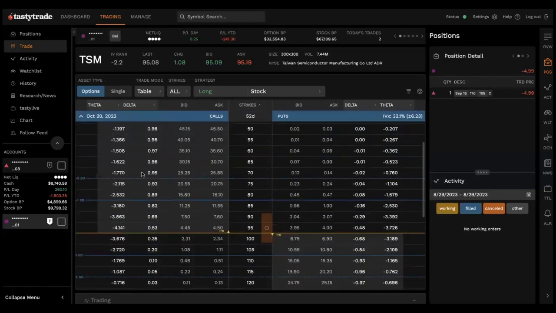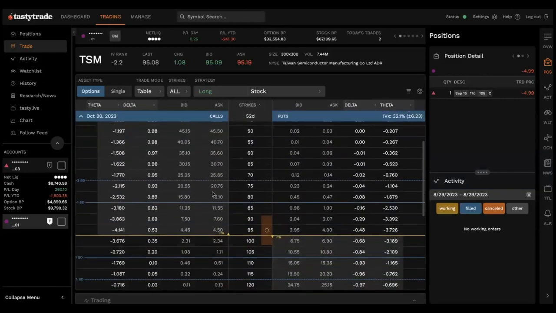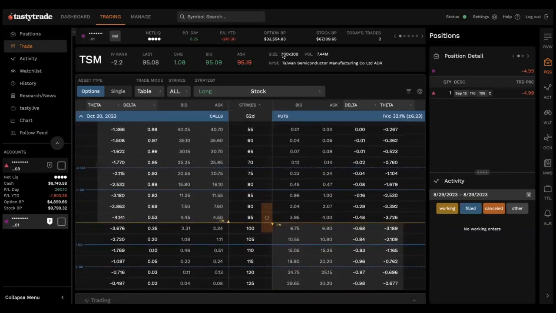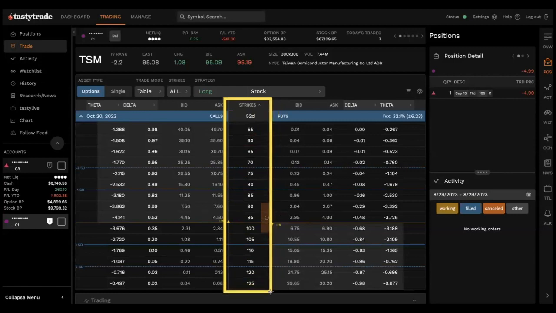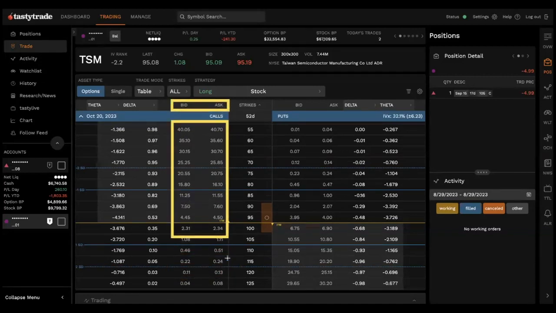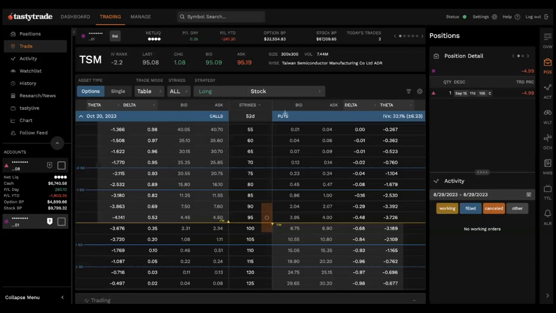So if we go to the monthly here, 52 days out, October 20th, after the earnings, we'll see the full strikes listed. So we have all the different strike prices that we could place an options trade on. On our left side, we got calls. So these are the pricings for the calls, the bid and ask. See bid and ask up there. It's all these bids and asks. For example, the bid and ask for the 80 strike is to sell the call right now, 15.80, buying 16.10. Those are NAT prices. But on the put side as well, we got the bid and ask and all these